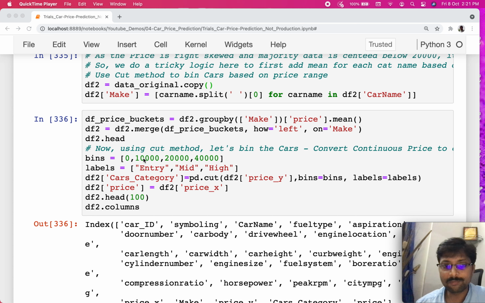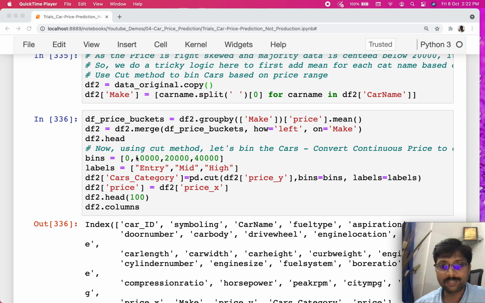So really there are three categories, but there are four numbers just to indicate those ranges. And then those three categories are this, right? So we are declaring these here, and then we use a method called cut. What cut does is it takes one particular column, in our case price. Price is what we want to see, and then we want to categorize it into these buckets. It will superimpose these bins onto this price, and if any value falls into a range, it applies these labels. So we are basically trying to create that sort of binning.